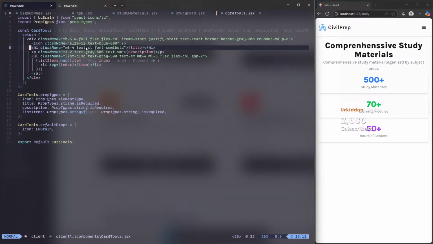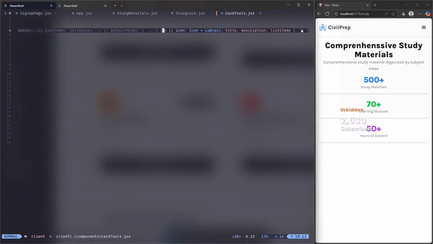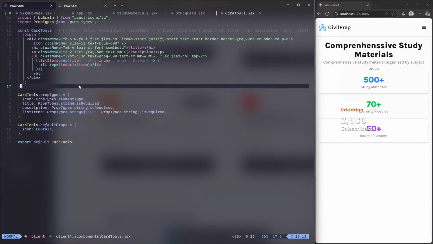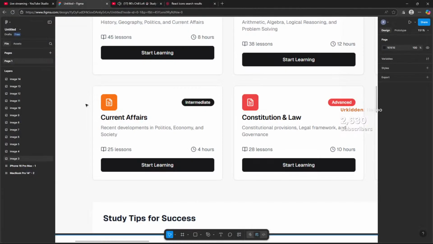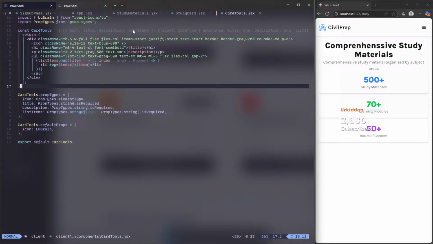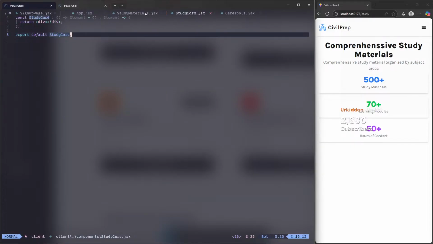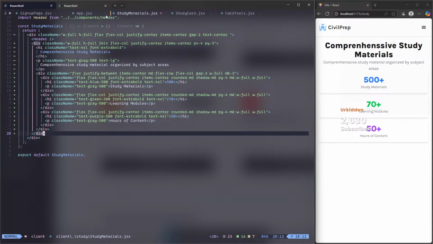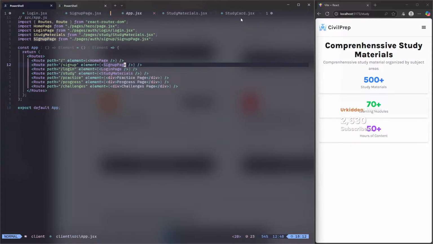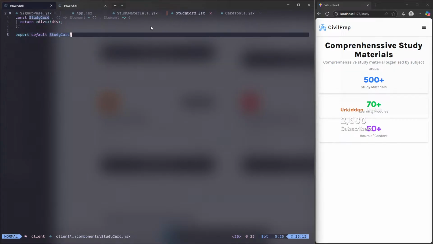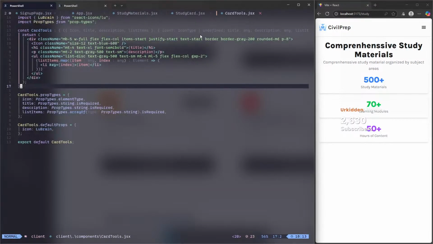Card tools. It's gonna be similar to this, and I need the prop types. Study card is that one, but first I need study card, and this, wait, in the card tools,